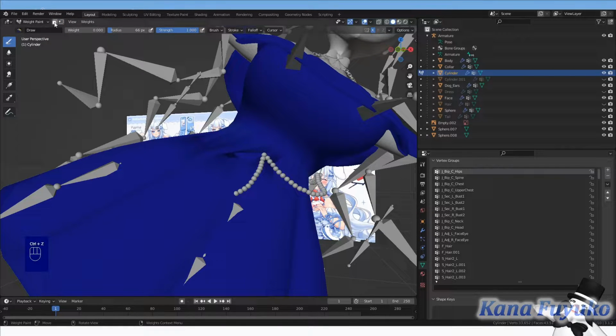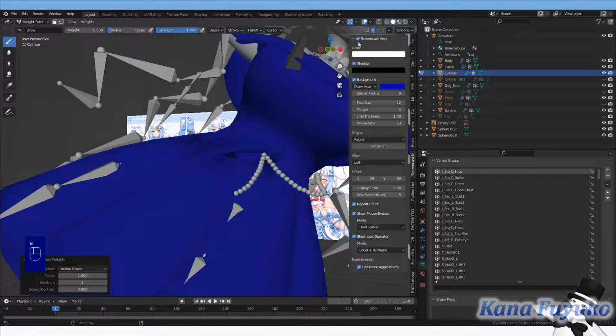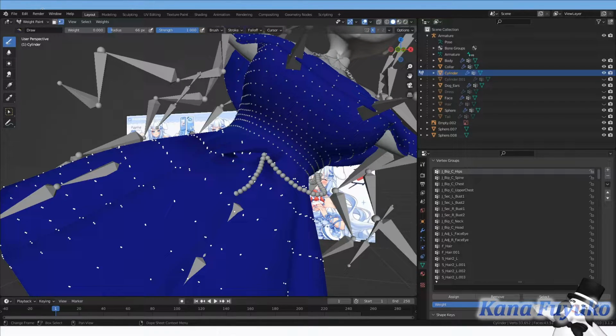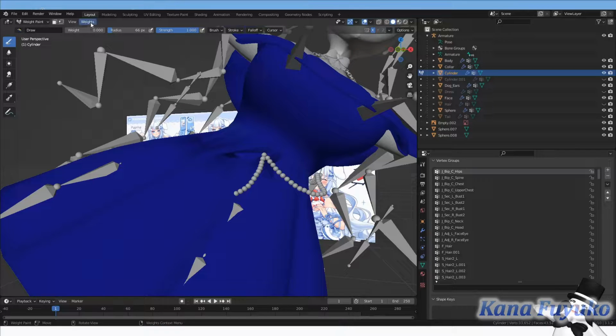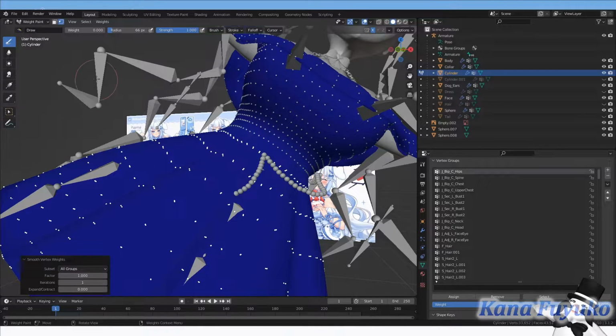Also, I gotta make sure I disable the vertex selection. So basically what I would do for the smooth vertex... Hold on a second. So basically, make sure that you have the vertex selection disabled, and you'll go to weights, go to smooth, and make sure to select all groups in the subset.